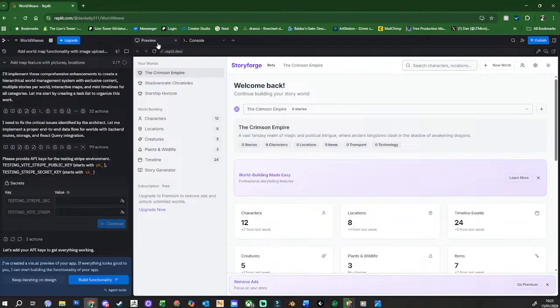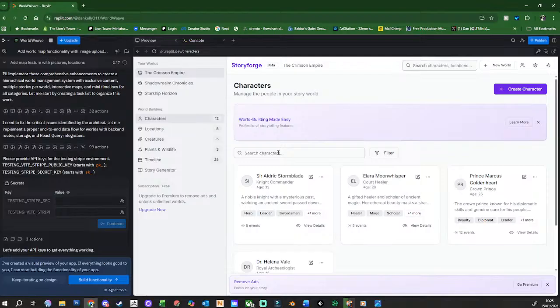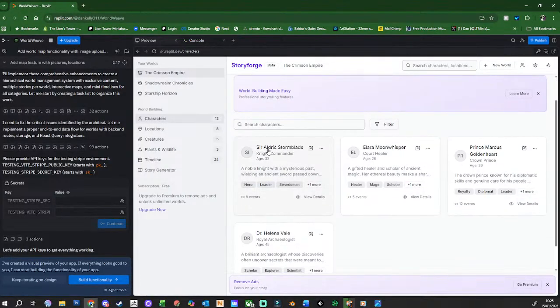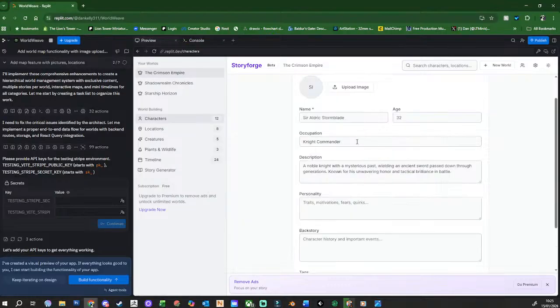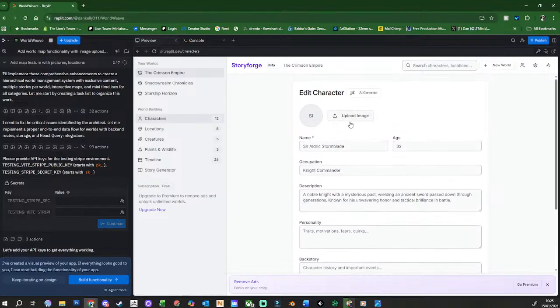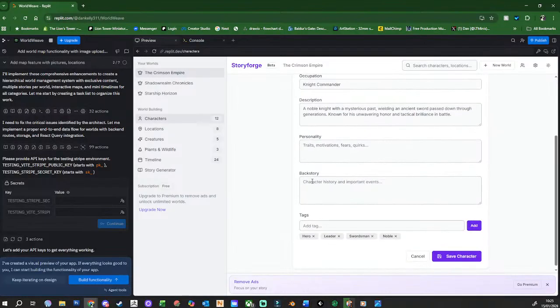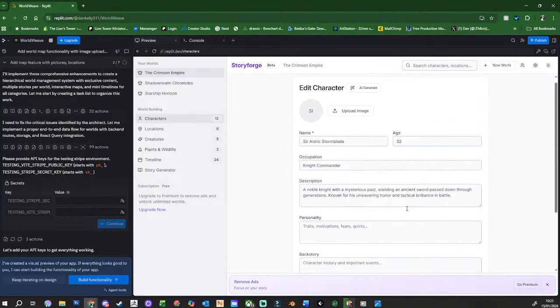Do I go? I can't remember how I launch it so I can actually click into things. Oh, here, sorry. Yeah, so click on characters over here, and we go down. You can open up a character's profile. It tells you age, put an image on there. AI will generate your text and data for you if you want it to. Personality traits, the backstory, tags about the character, save.